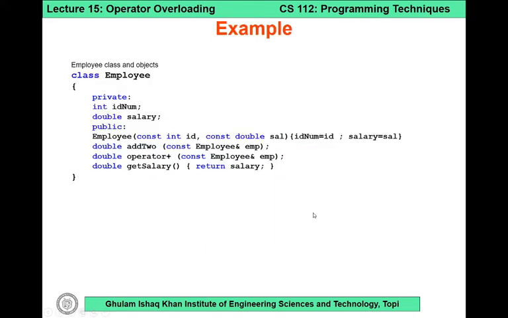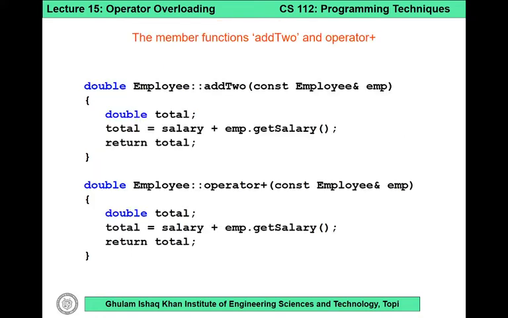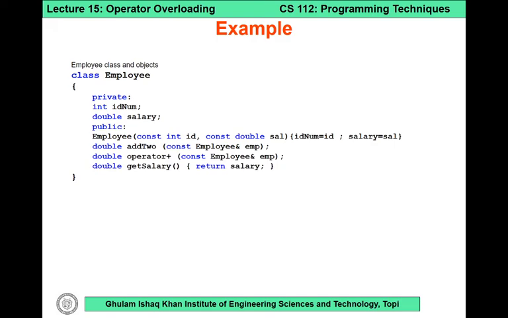So this is how it works. Now let us go to another case study, where we are trying to overload the addition operator, and let us suppose, let me try to give you